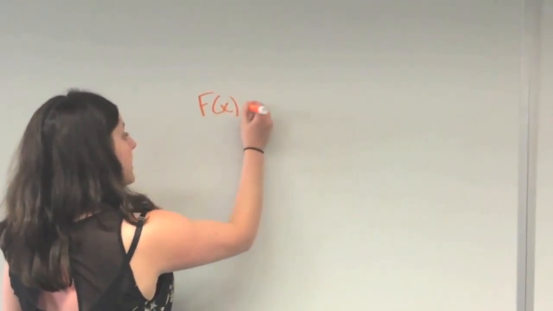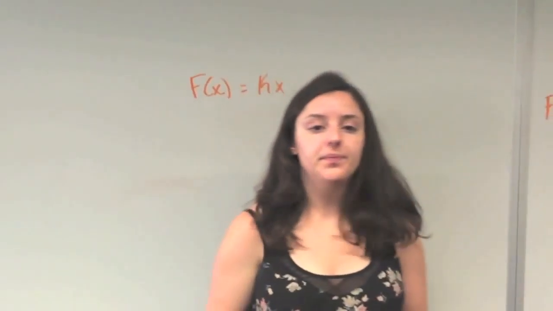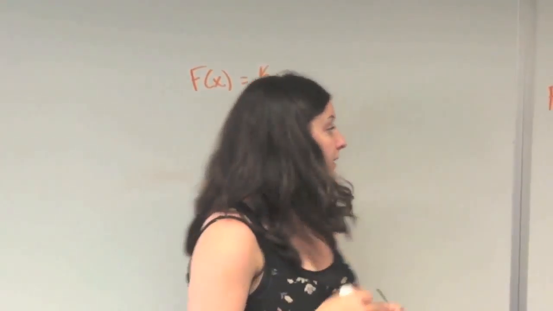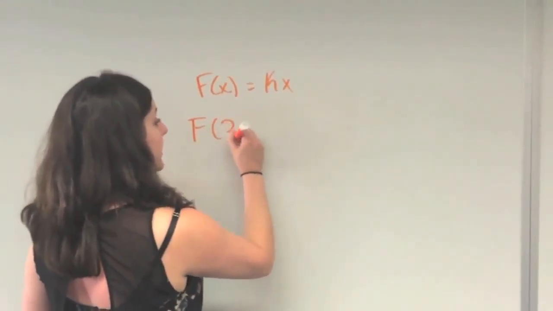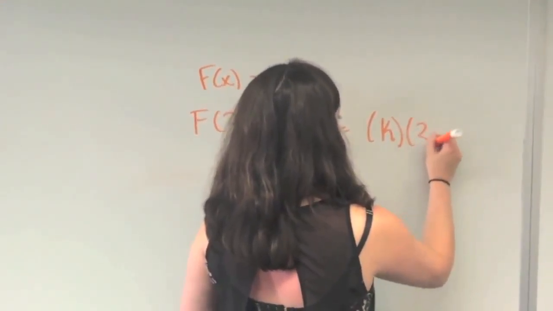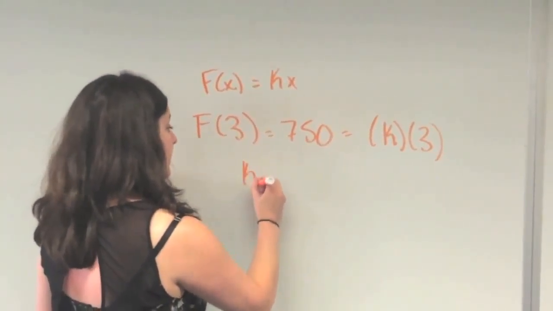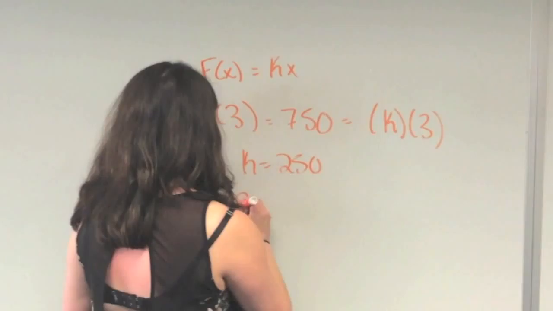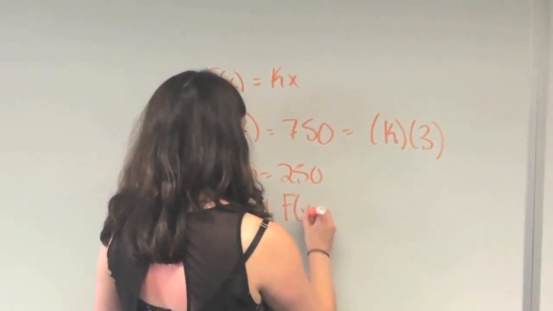Okay, now let's do an example in which you compress a spring. A force of 750 pounds compresses a spring 3 inches from its natural length of 15 inches. Find the work done in compressing the spring an additional 3 inches. By Hooke's law, the force F of x required to compress the spring x units is F of x equals kx. Using the given data, it follows that F of 3 equals 750 equals k times 3. And thus k equals 250